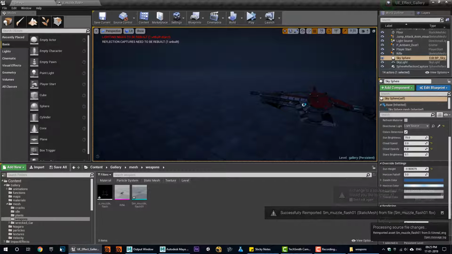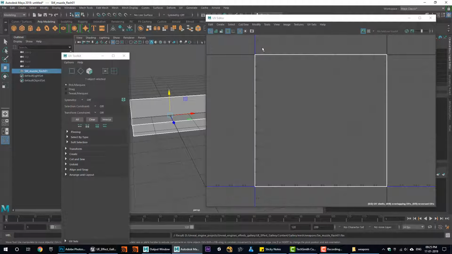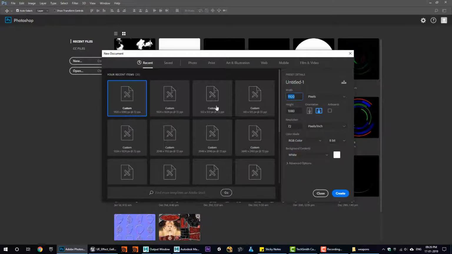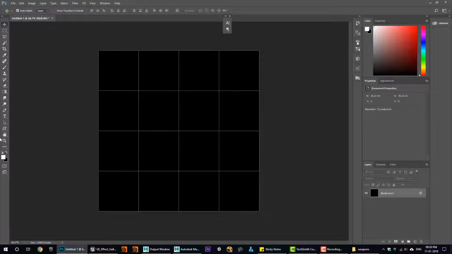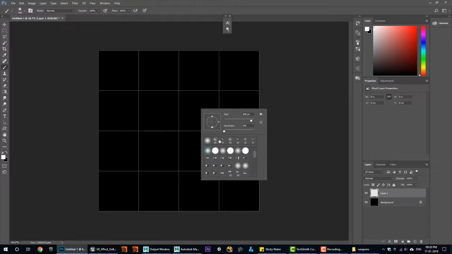Okay, so now I will make a texture for this geometry. Because the UVs are very simple, I don't need to export the UVs. I will just make a texture for a square shape, 2, 4. First I will black my background, Control Backspace, and I will start creating my texture. This is a very simple texture. I will just take a brush, white color, and